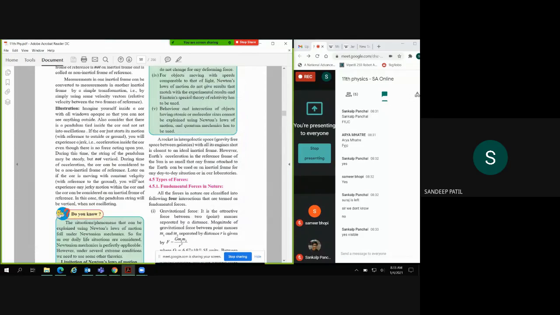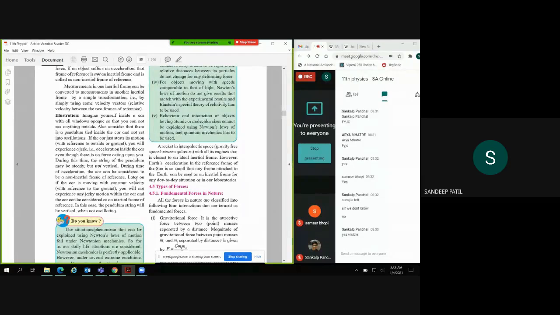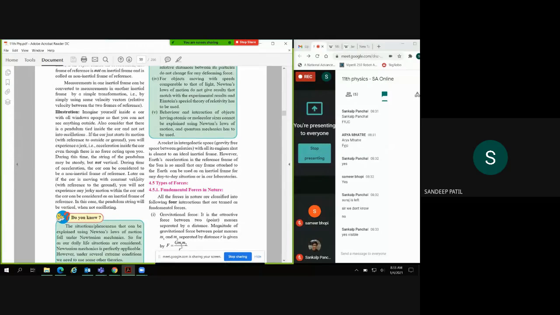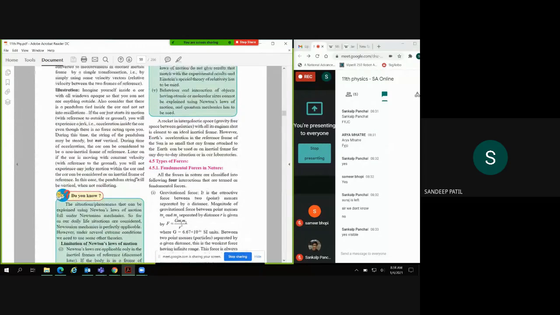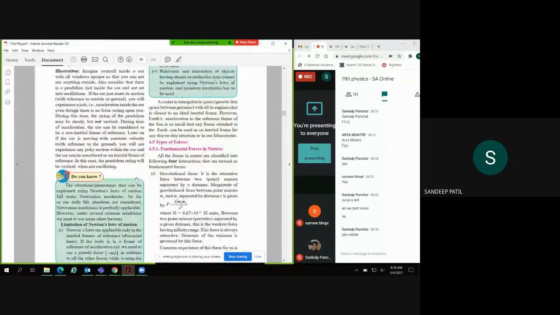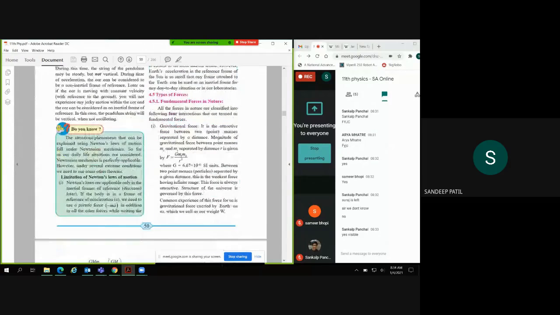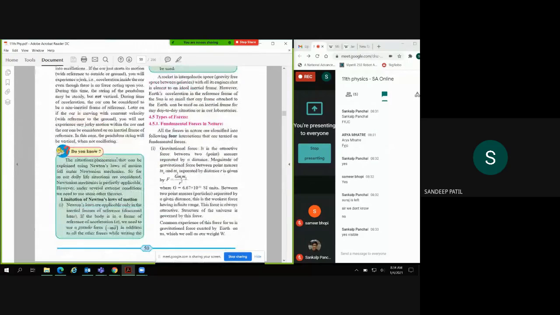So I think last time we started with frame, inertial frame and non-inertial frame. Hopefully you guys do not have any question. If you have any question, you can ask here in the chat box. Not an issue. We finished last time on page number 50, so we will continue from there. If you have any questions related to Newton's laws of motion or that topic, you can ask me. Okay, so let's go for the next thing.